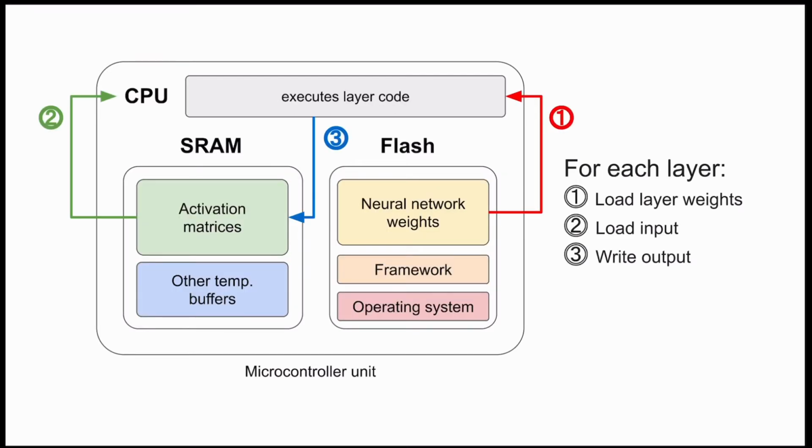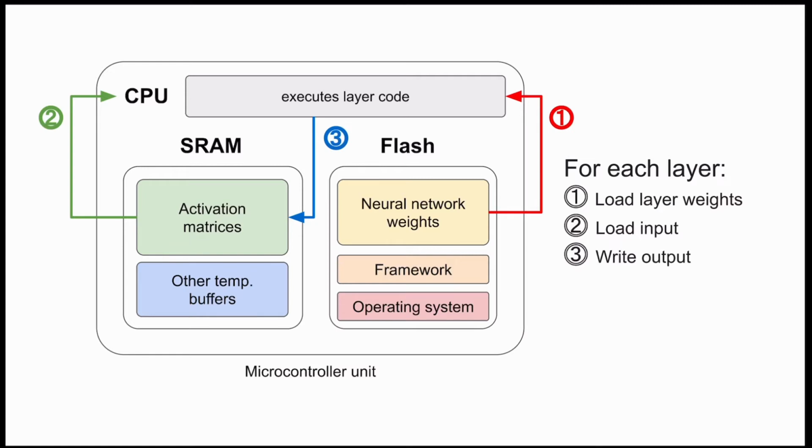Now, let's map neural network inference to this setup. Each layer of a neural network will be executed one by one in a predetermined order. The CPU will proceed by loading network weights from the read-only flash storage. It will then load the input to a particular layer from the SRAM, and as the computation is running, or when it's done, it will write the output back to SRAM. This is the execution model adopted by TensorFlow-like micro-runtime and CMSIS NN layer implementations.